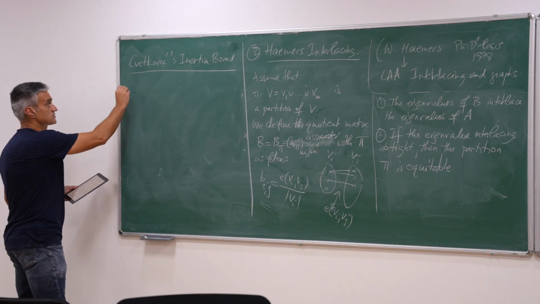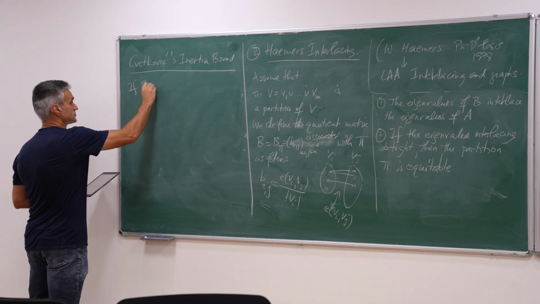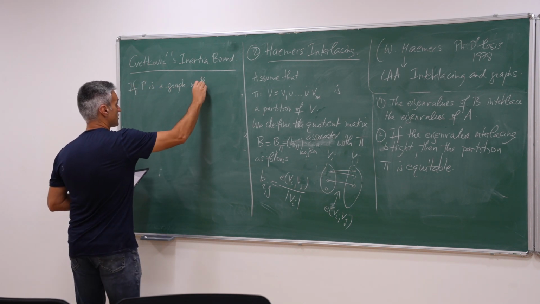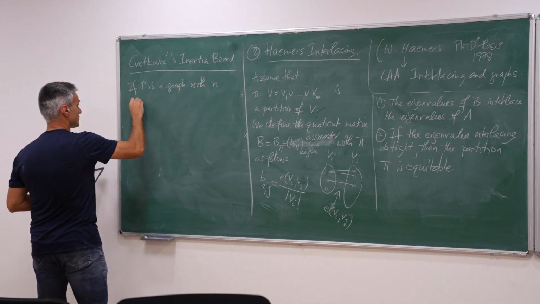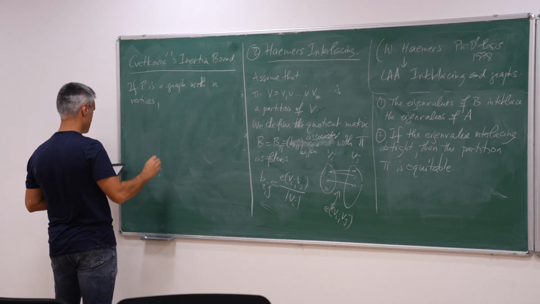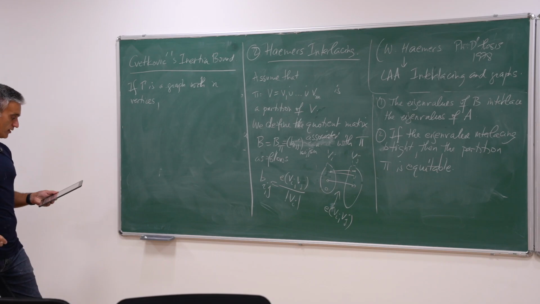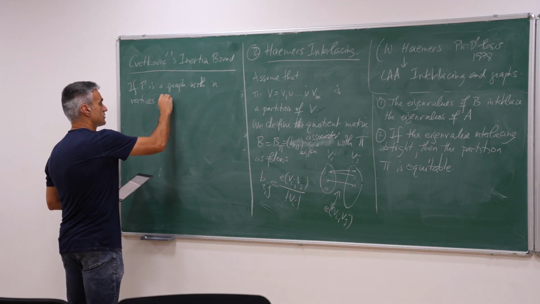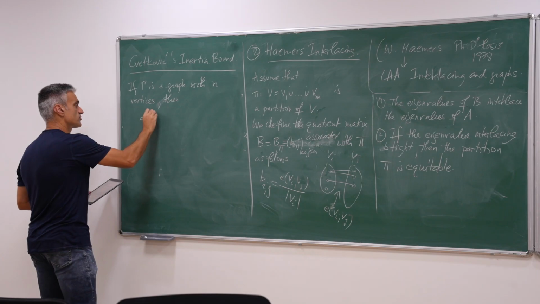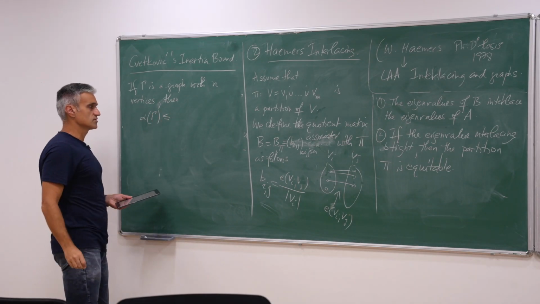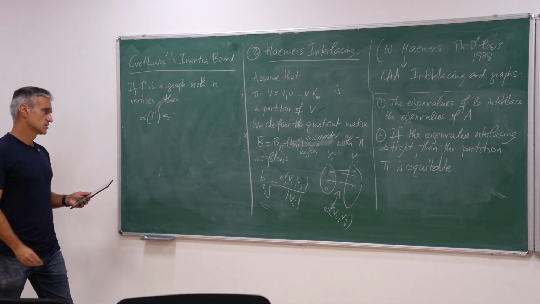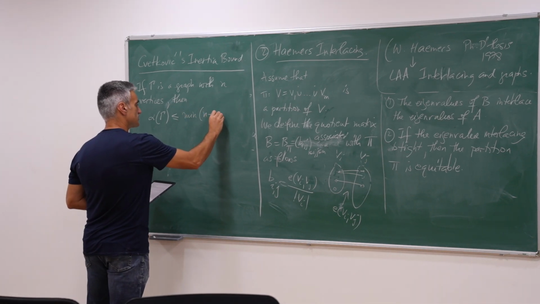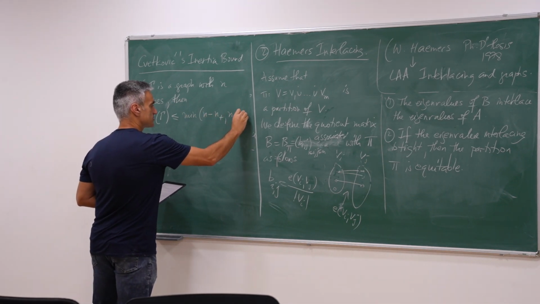What it says is that if gamma is a graph with n vertices, then the independence number of gamma is less than or equal to, I'll write this in 2 ways, the minimum of n minus n plus and n minus n minus,